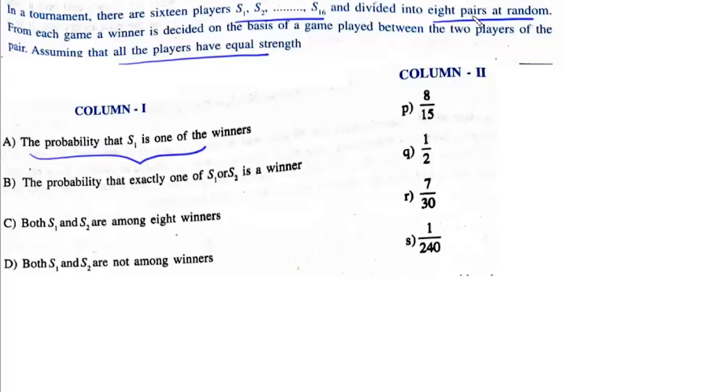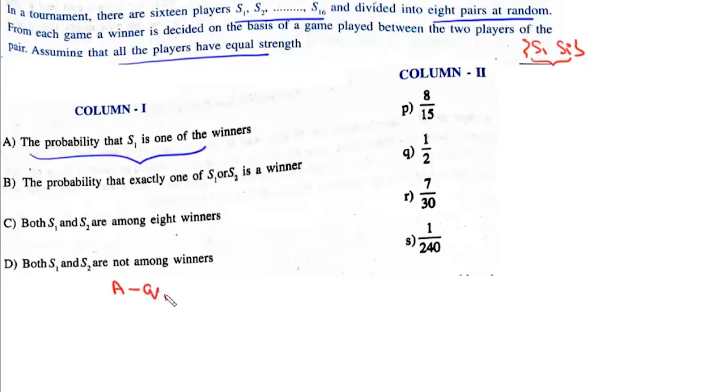Now in the first phase, we have divided the 16 players into 8 random pairs. S1 will be paired randomly against any player Si, where i varies from 2 to 16. S1 is going to be among the winners if S1 wins the match against Si, and the probability of S1 winning against Si is 1 by 2. So clearly the probability that S1 is one of the winners is 1 by 2. So this A